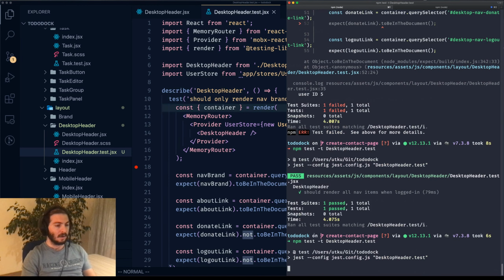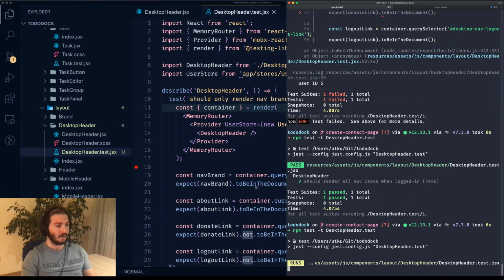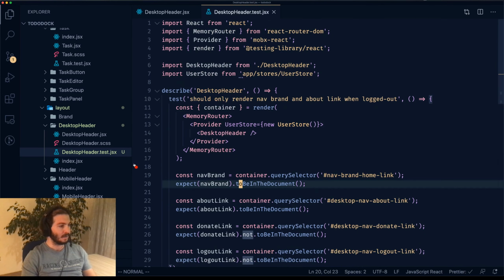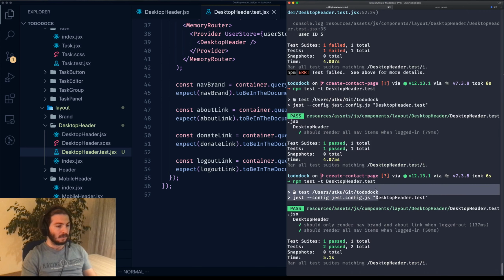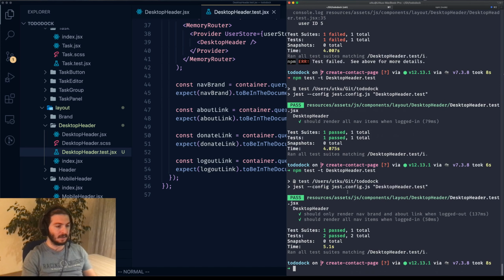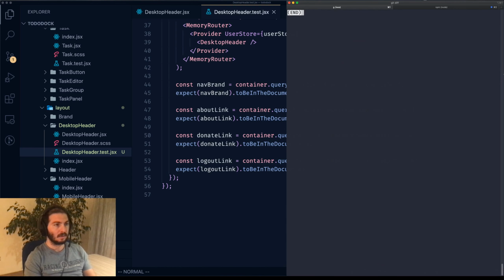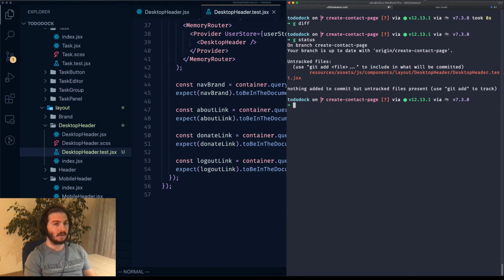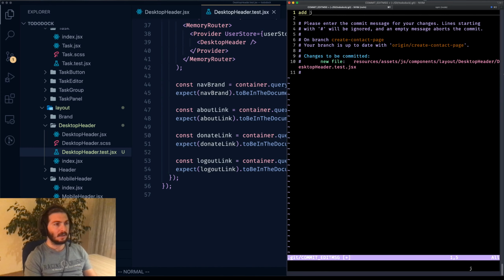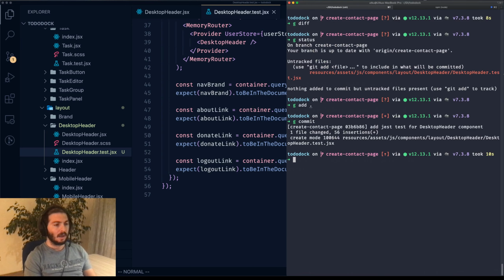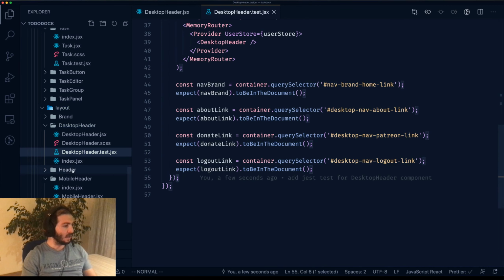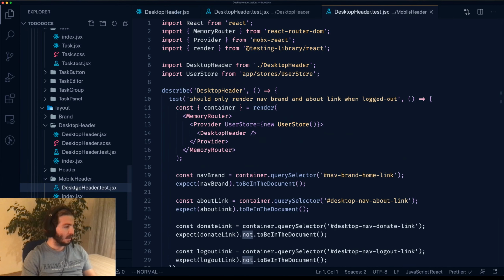And just for making sure, I'm gonna run it again, and then I'm gonna commit this. Great. So let's add a nice commit message. We only added some one test. So add Jest test for desktop header component. All right, so what we can do is just copy this and paste it here